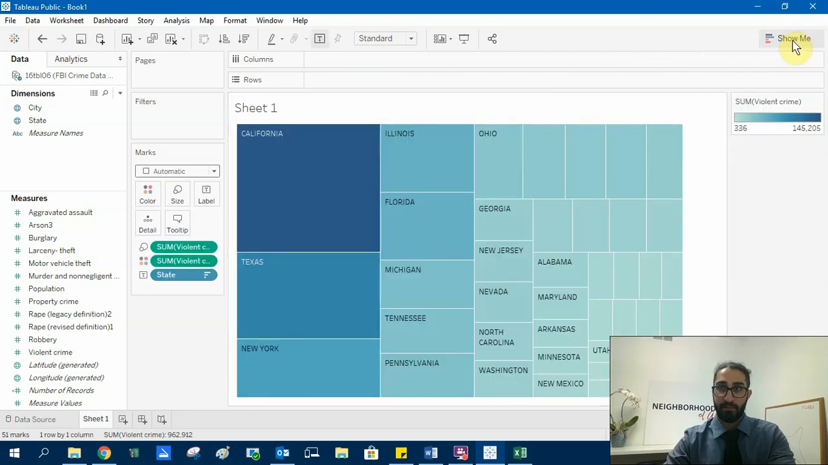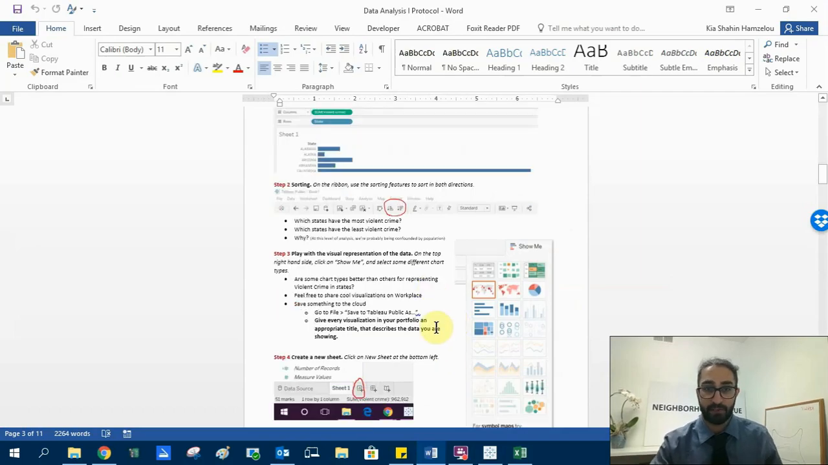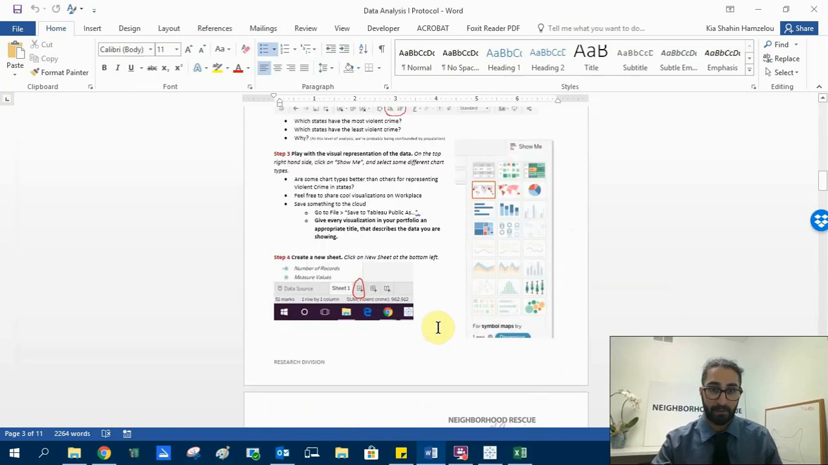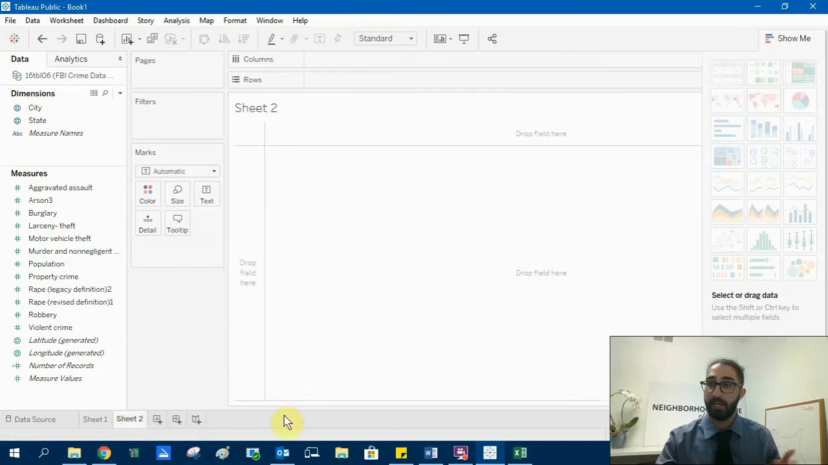So you can see that Tableau has several built-in ways to analyze data in different ways and figure out which one is the most meaningful for your data. When this tutorial says to play, it really just means play and look around and see what features Tableau has on that front. Step 4 is to create a new sheet. Every time you are done with a particular analysis, you want to click this button to create a new sheet, and you can start fresh in